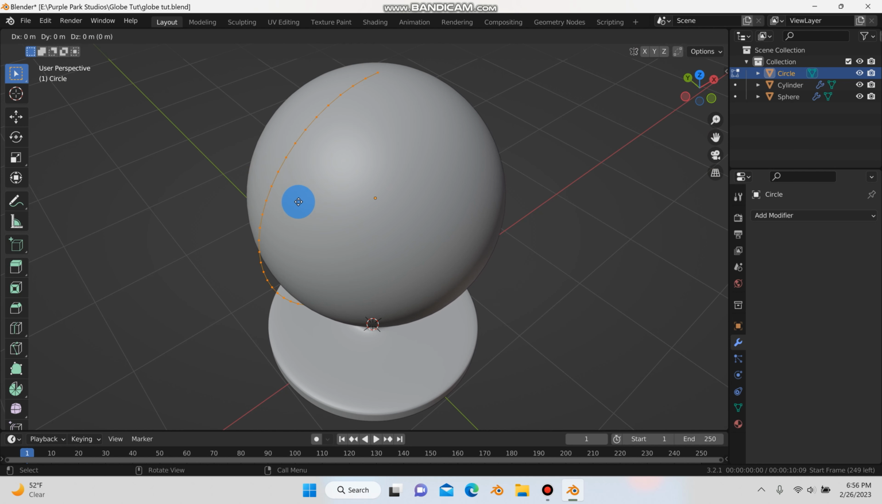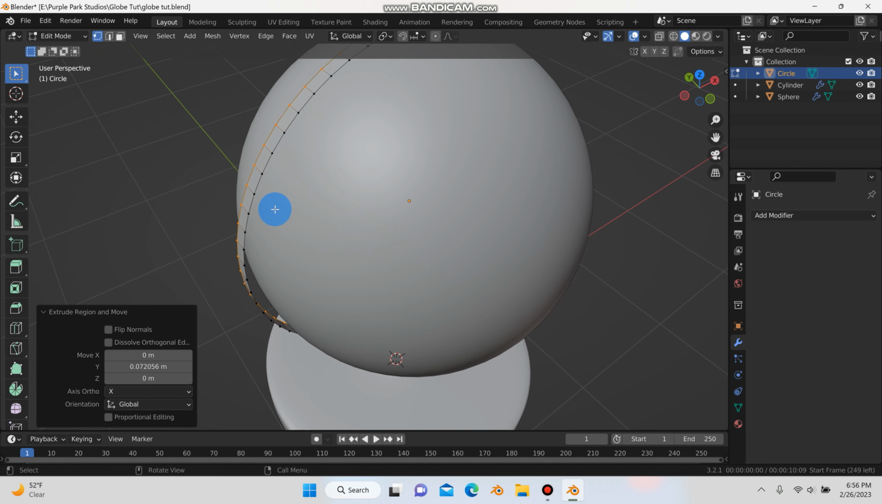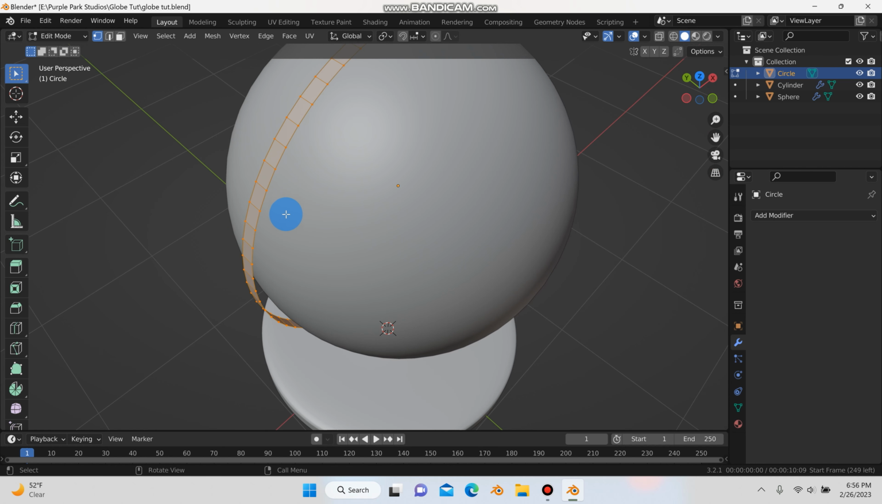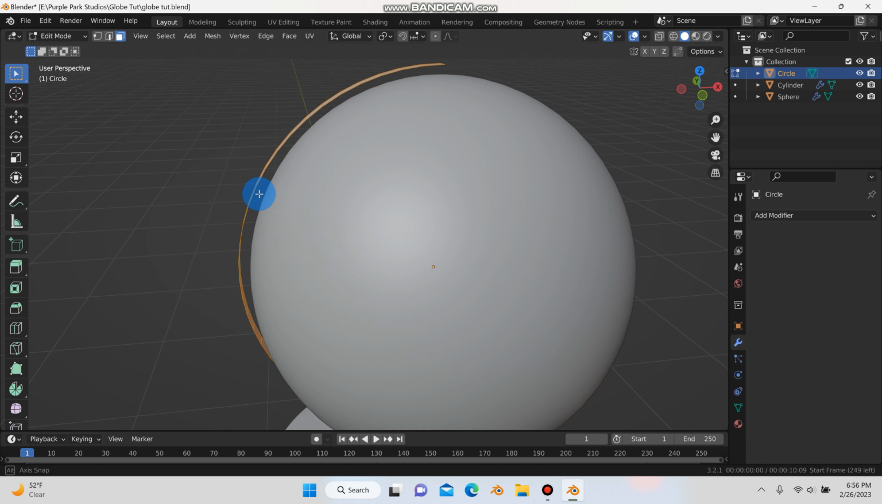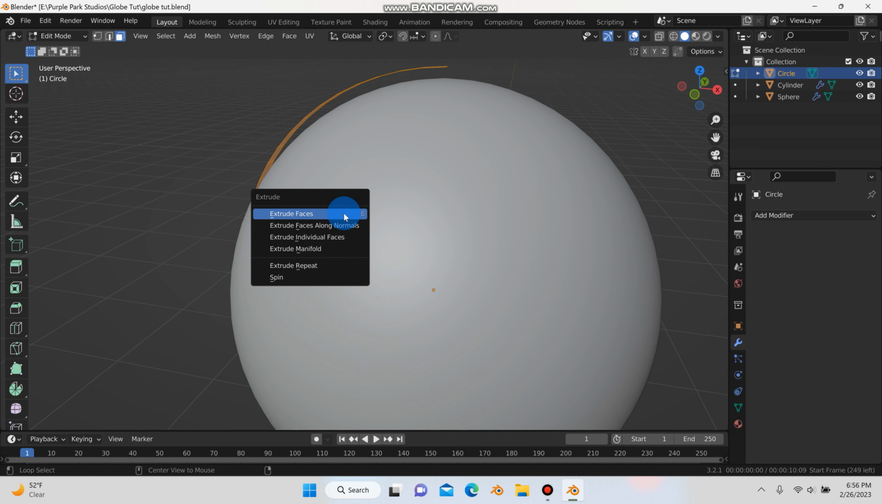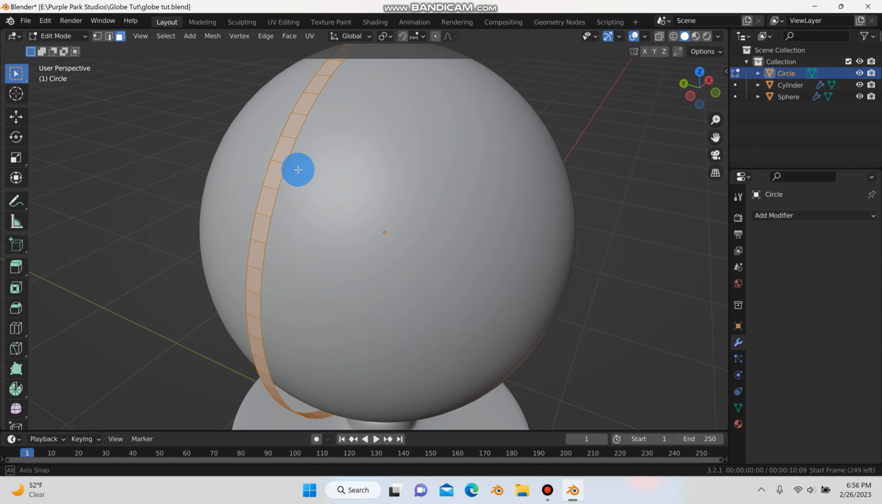I'm going to hit E and Y and extrude out on the Y axis like that, just a bit. And then I'll hit A to select everything. I'm going to tap 3 for face select mode. And we're going to hit Alt E. Well, here, I'll move over here so we can see a little better. I'm going to hit Alt E,